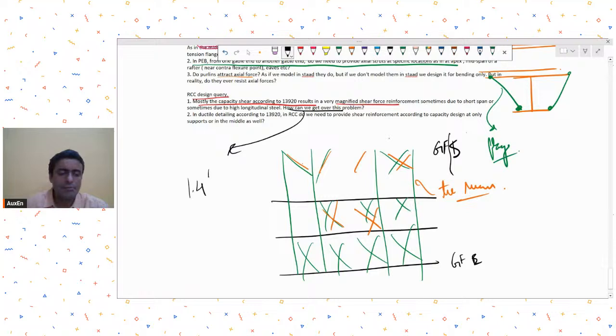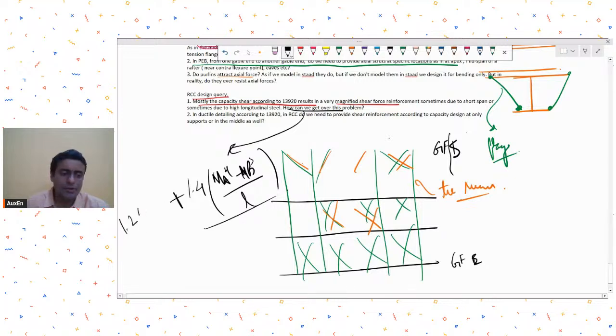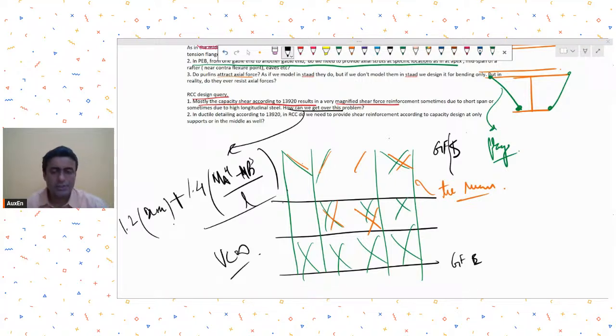When we check this sort of capacity shear, the code has made it problematic, especially because we are supposed to take Vc also as 0. So when we are supposed to take Vc also as 0, then it becomes quite